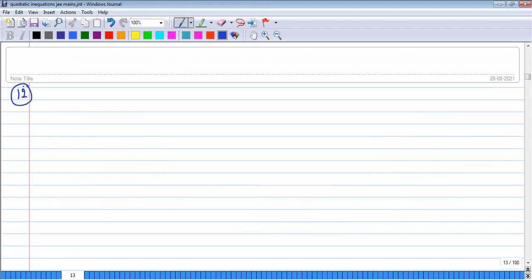The 12th question. The set of values of P for which